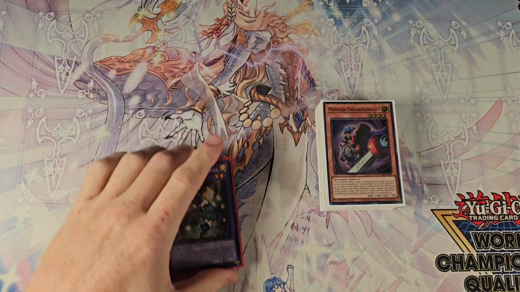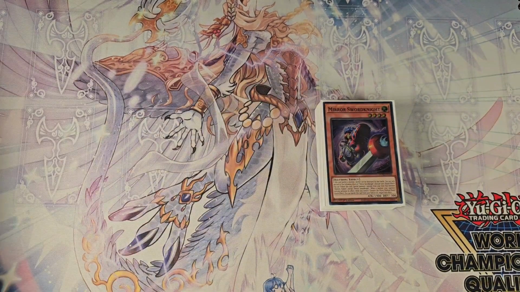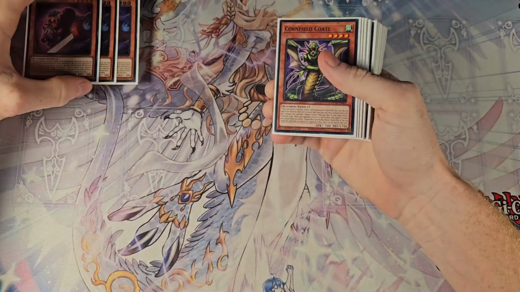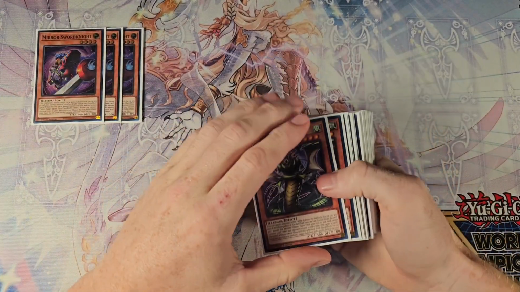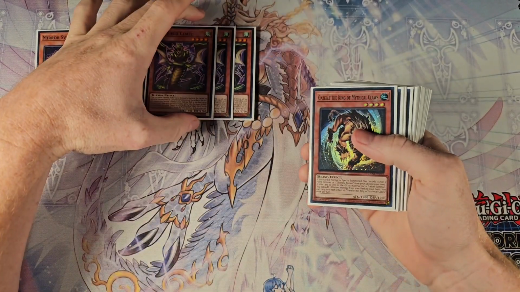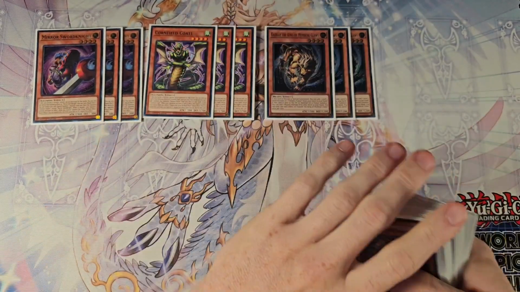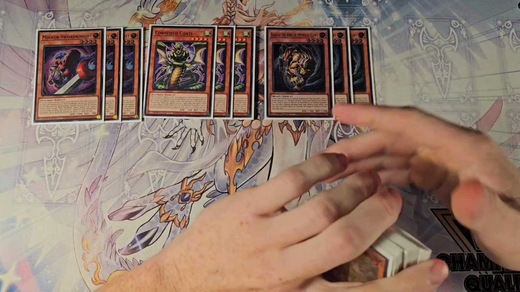All right, guys, let's get right into the deck profile. So we'll do the extra deck last. The main deck, we're gonna have 3 Mirror Swords Knight, 3 Cornfield Coatl, 3 Gazelle of the Mythical Claws. This is probably your best normal summon right now,